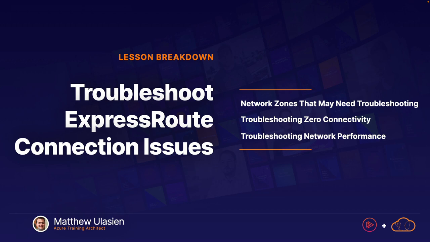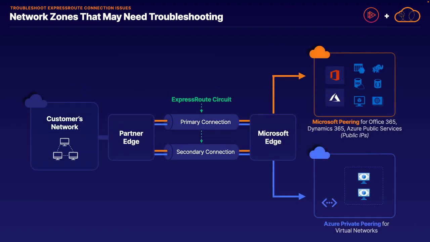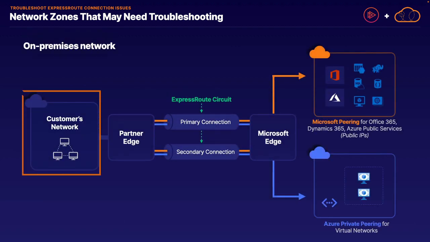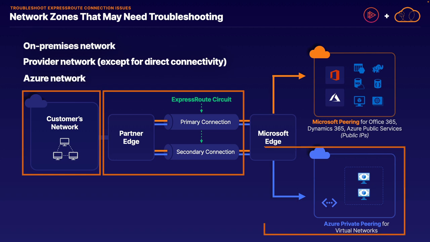Jumping on into it, when working with a full end-to-end ExpressRoute solution, there's really quite a bit of stuff to troubleshoot if something goes wrong. For example, our on-premises network may not be configured correctly, which could result in no connectivity. Our service provider network may not be correctly configured or correctly paired up with our Azure environment. The one exception is if we are using the direct connectivity model. And there could be a misconfiguration in our Azure network configuration, which includes both the virtual network configuration and the